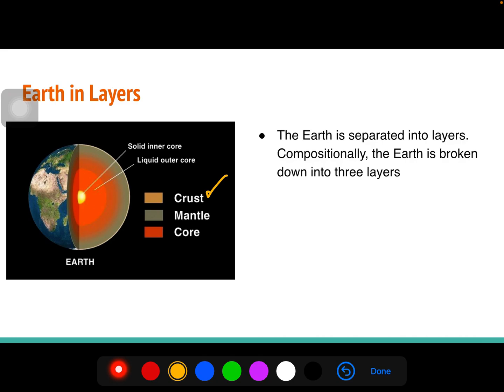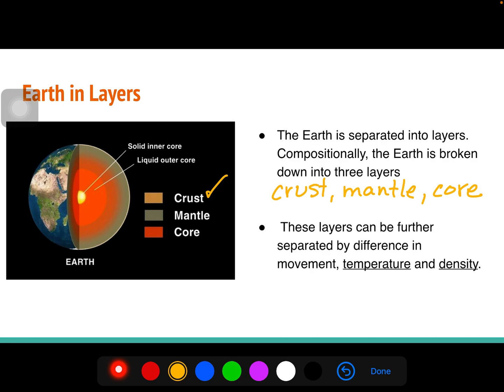We know that there's several layers and lots of different ways we can think about it, but just three big ones compositionally. We, of course, have our crust. That has been our focus so far. We've got then the mantle, that thicker piece, followed by the most interior layer, which is the core. So crust, mantle, core, nothing new there, but we want to make sure we break down and know the characteristics